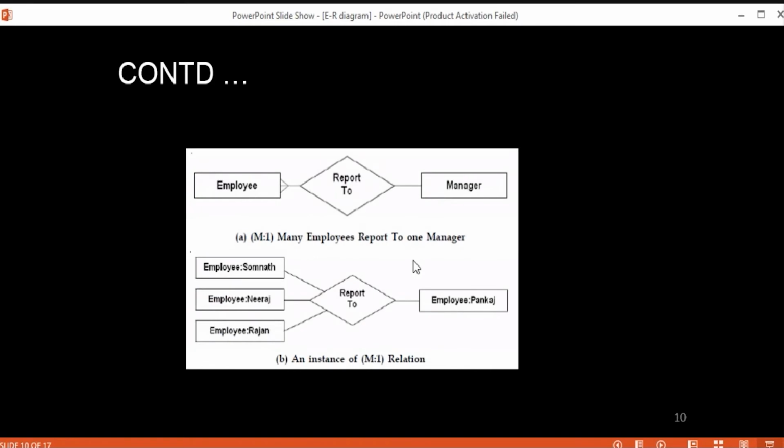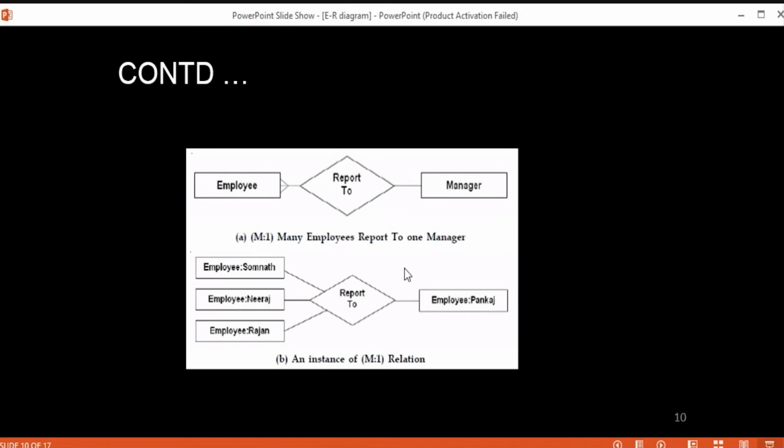Okay. So this is another example, where many employees are going to report to a single manager. If we want to show the instances of that particular entity, employee, there could be more than one instance possible.